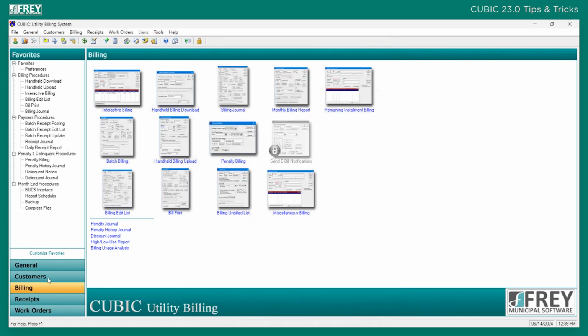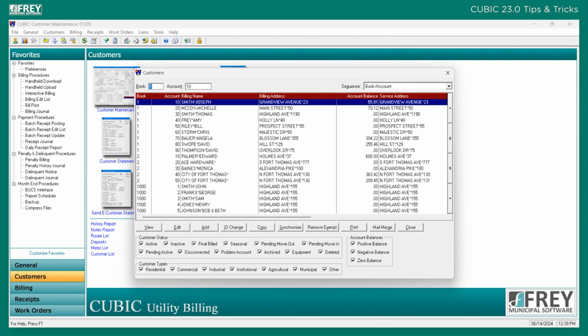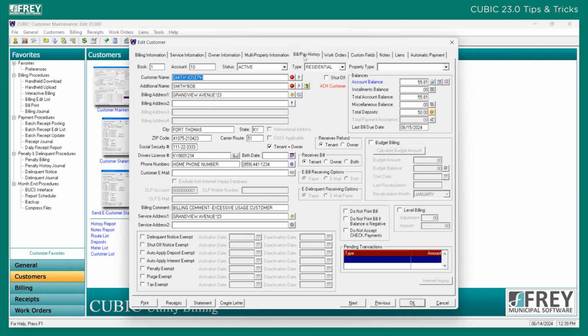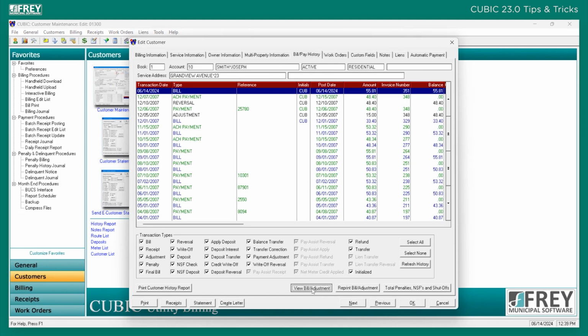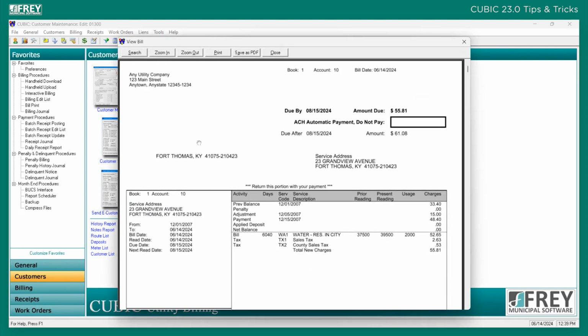And then now we can actually go in here to customer maintenance. We can bring this up. And then when I view the bill that I can see on here,